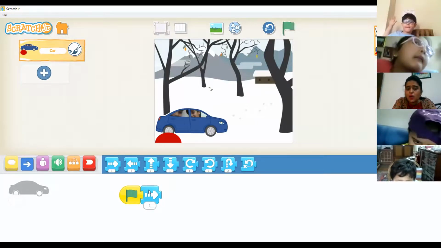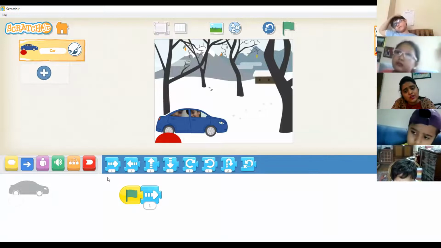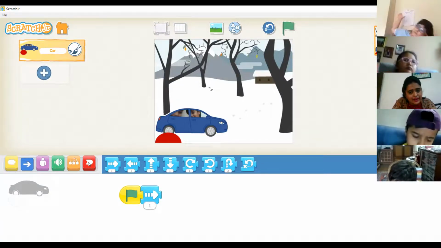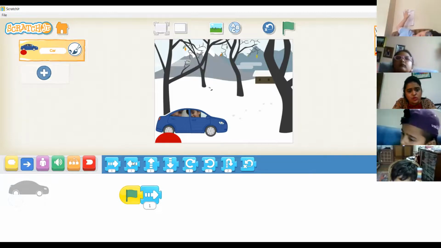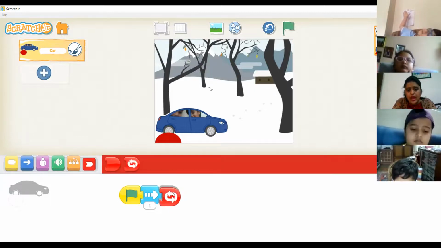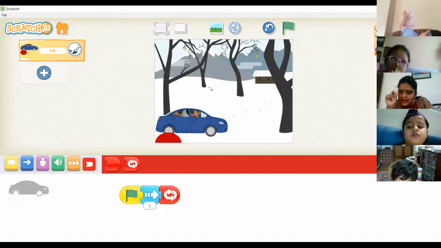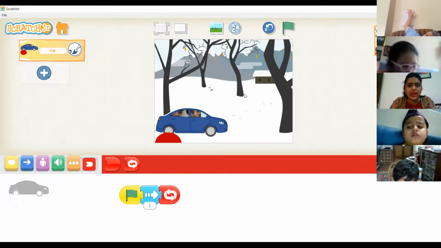Okay. And now I want the car to move continuously. So I will again take this red color button, red color code, and I'll take this loop. Okay. Now, according to this instruction, when the flag is clicked, then the car will move continuously. So now see, I'm clicking on the flag, which is on the top line.